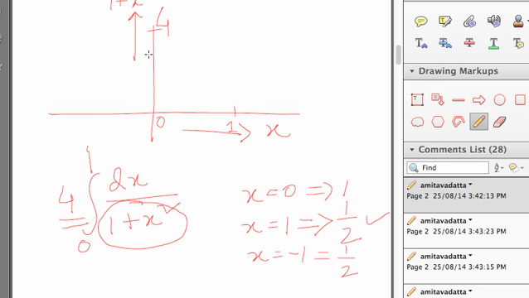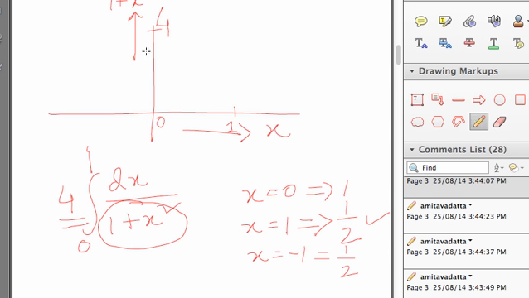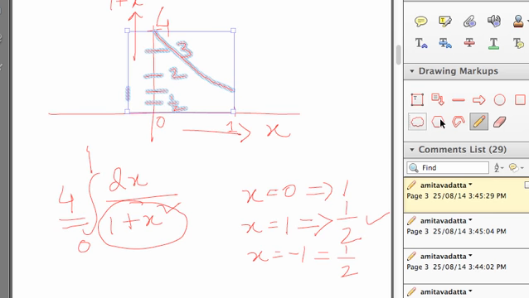So if I draw 3, 2, 1, and let us say this is half, the graph will look something like this. So if you have done calculus and if you remember, basically to evaluate this integral is equivalent to